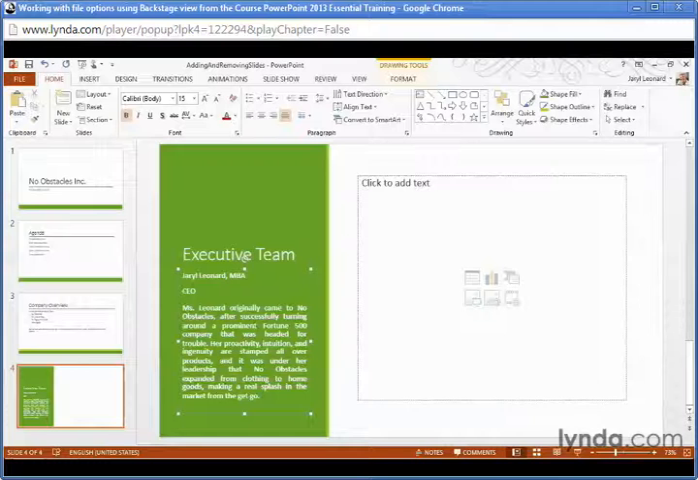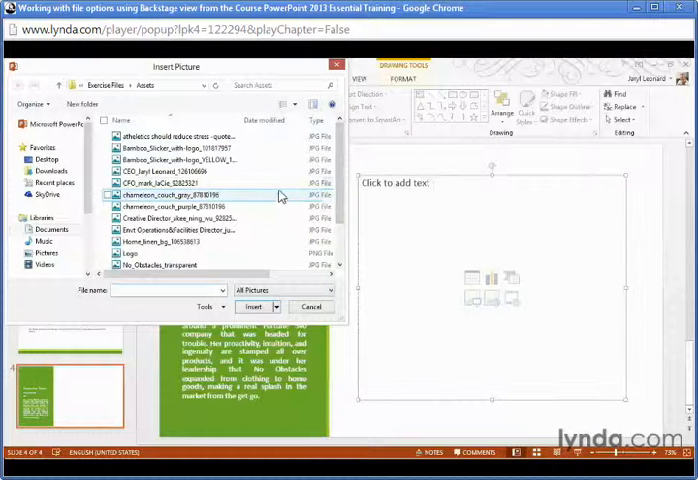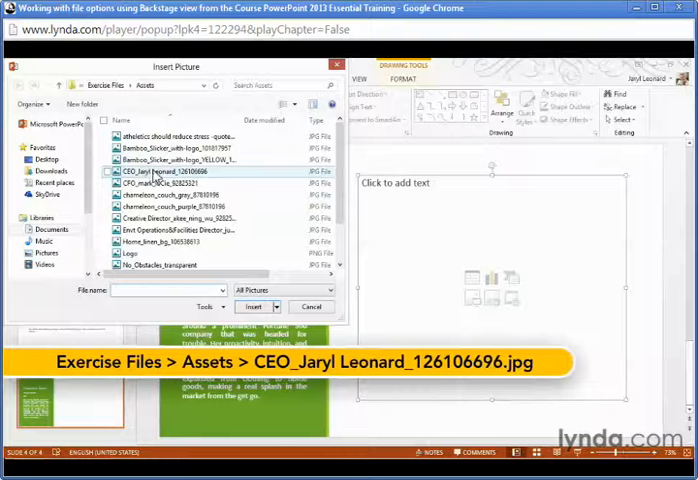Now it's time to add her picture on the right-hand side. So I can see these buttons here, which are placeholders for inserting things like charts, graphs, tables, and pictures. I'm going to hover my mouse over the options until I find Pictures and click on that. It's going to pop up the Insert Picture dialog box. Now, in the Assets folder, I'm going to navigate to Gerald's picture, click on it once to select it, and